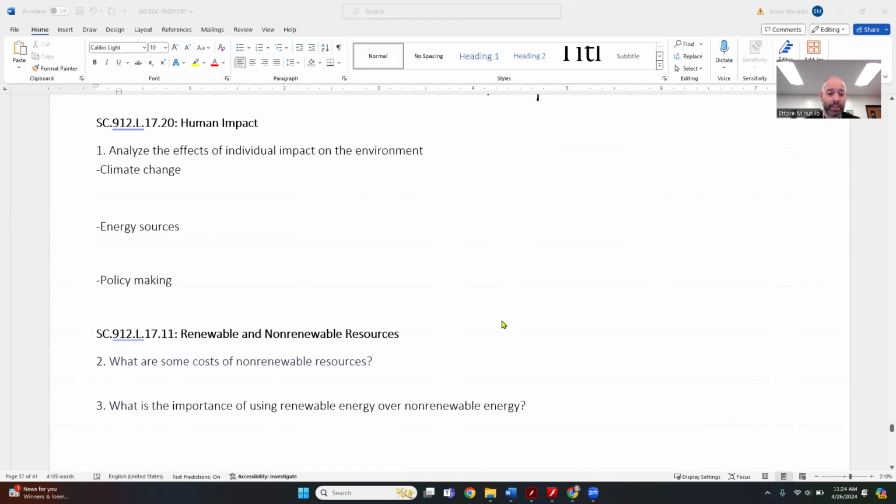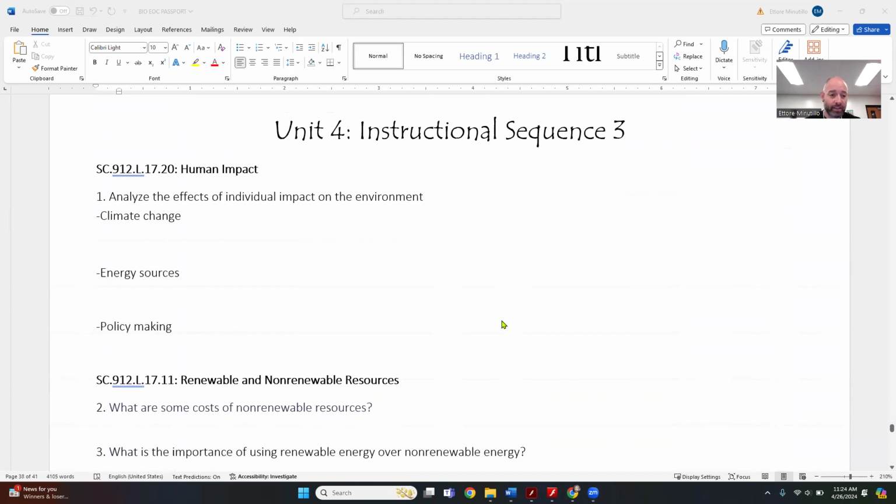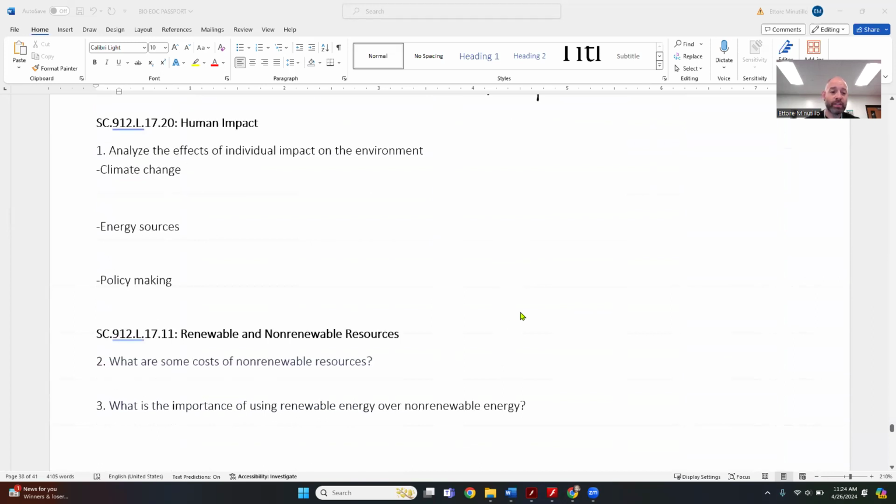And we get down, I believe this is our last section here. Let's see what we've got. Human impact. Analyze the effects of these things and the way that humans or individuals impact the environment. Climate change. We hate to hear it, but we got to be real about it. Pollution is a huge issue. It's not just pollution that goes into our air, it's anything that makes it into our waterways. It's also things that just don't belong places.